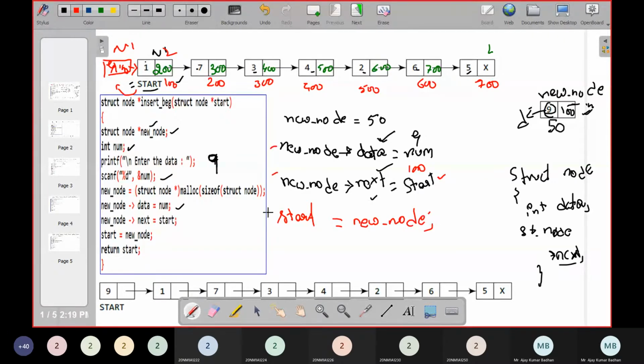So now what happens? This start will come to this particular location. So this becomes your new node. So this is a way how we can insert it. It's very, very simple. Only three steps you people have to remember. First thing is you have to first create or provide a space. You have to create that particular node. Once that node is created, you have to first assign the number to that. And then you have to perform the next operation, whatever it is related to this particular thing. That is nothing but you should provide the address of the next node, whichever is there.